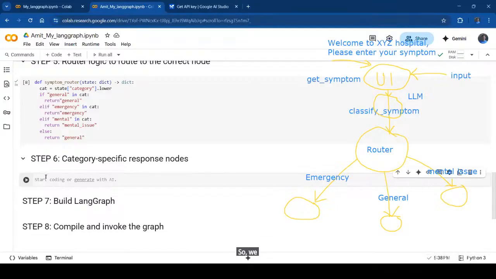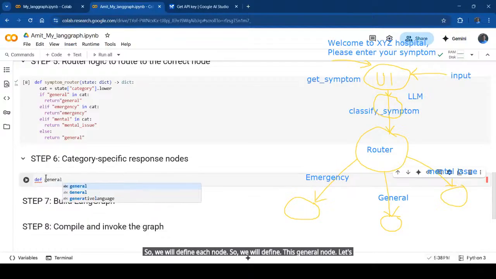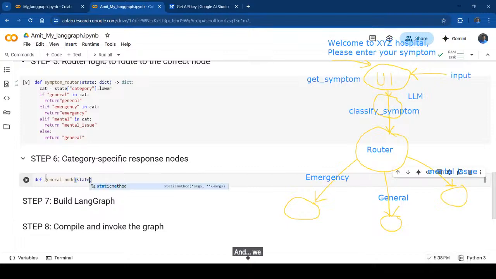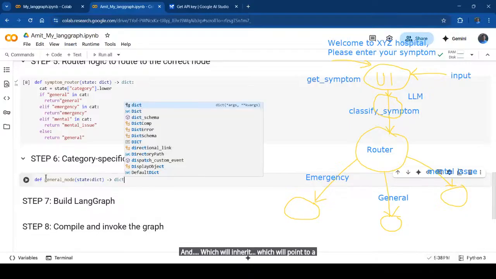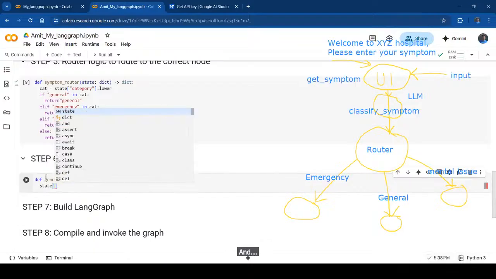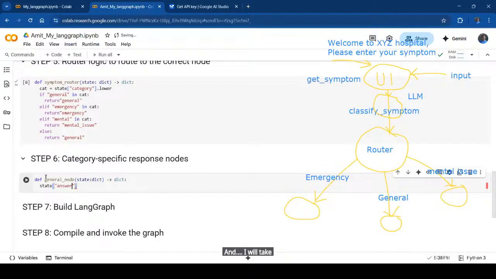So we will define each node. So we will define this general node. Let's start with general node first. Okay, and we pass the state as a dictionary, which will point to a dictionary, and I will take the answer. So I will store an answer in this state, and I will say in the f string literals,